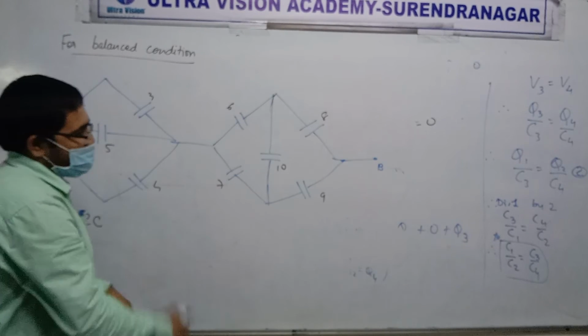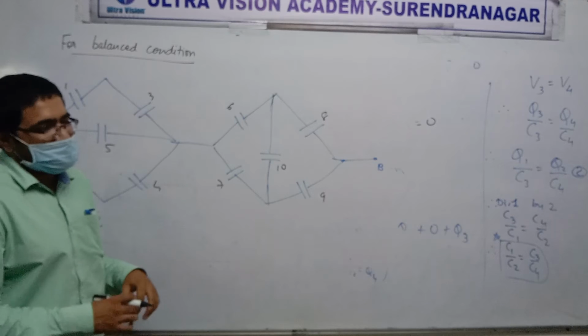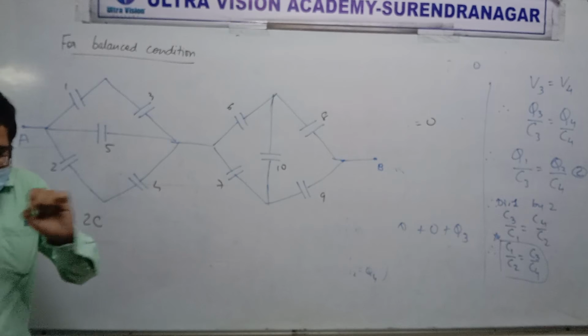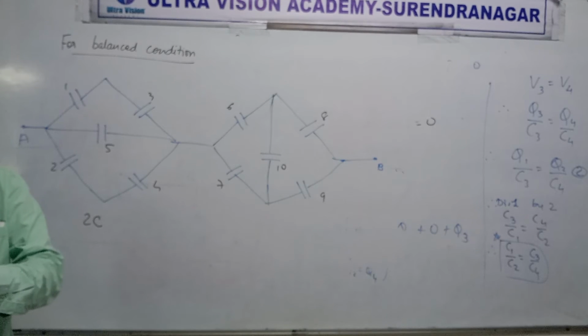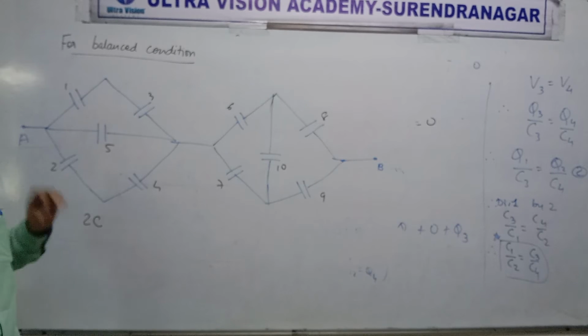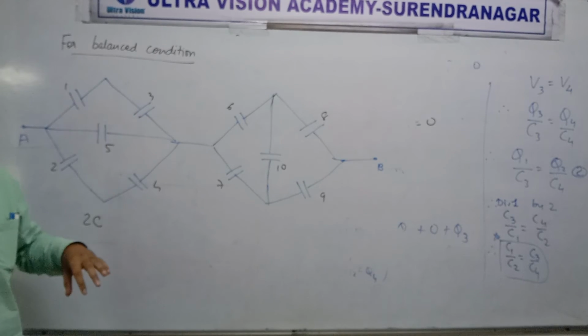Okay, now let's come here. Is this a Wheatstone bridge? Yes. Okay, see, first step is to identify. You should never start from Wheatstone bridge in a circuit. A question will never directly say Wheatstone bridge. I have told you this. How do you identify or how do you start approaching a question? Don't directly look and say Wheatstone bridge.